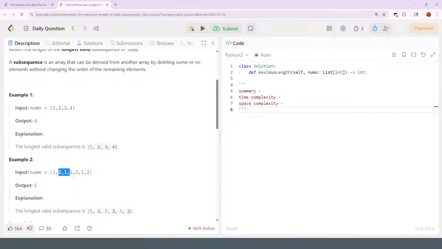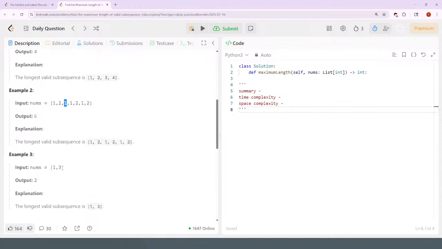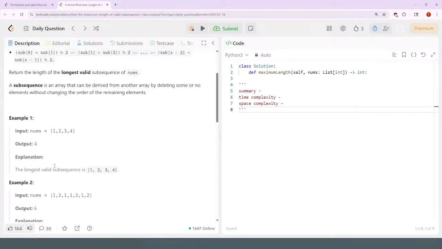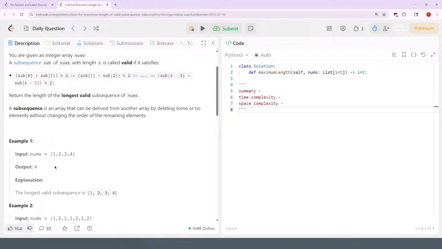Okay, so you delete this element from the sequence. This is 1, 2, and then 2, 1, and then 1, 2. Let's delete this 1. 1, 3. Okay. Well, there's only two parities, it's odd or even. So it could only be